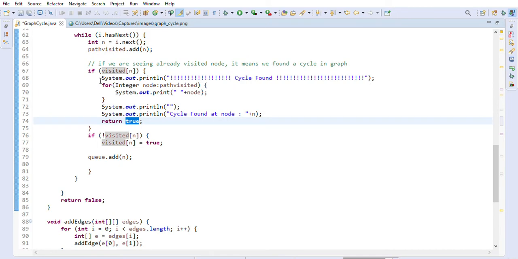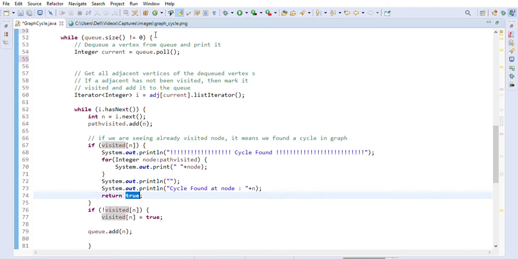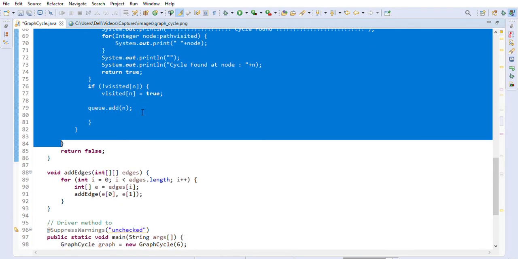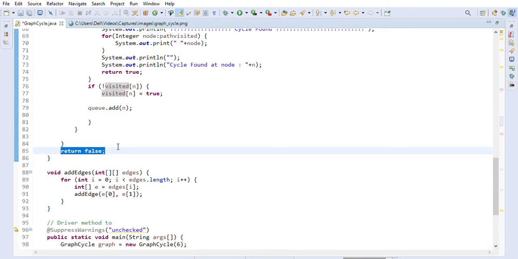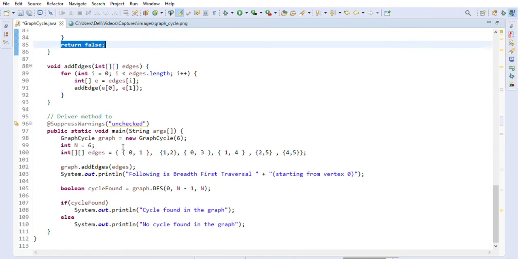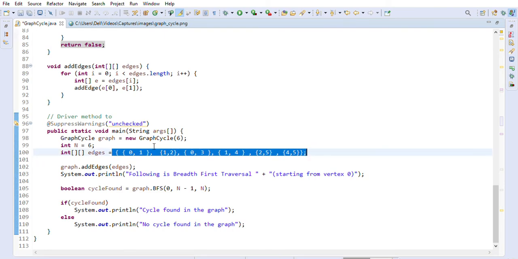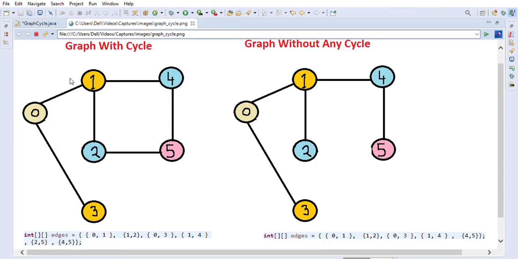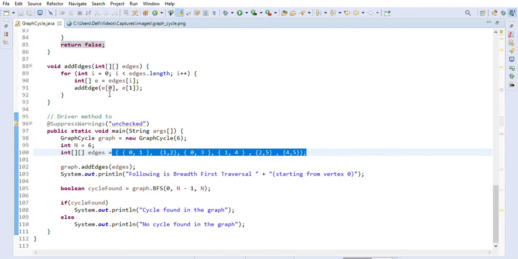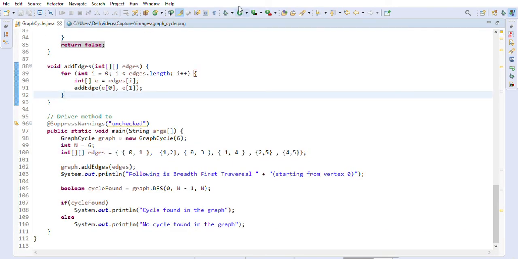This is our BFS, right? If we don't find any cycle, then at the end we return false, which means there is no cycle basically. So that is the way we are solving this problem, and this is the edges array that is given to us. This edges array is this graph, right? That I am showing you, this one is the graph, and the 2 to 5 edge is making it a cycle. So let us quickly run this on this graph, and it should tell us that the cycle exists.